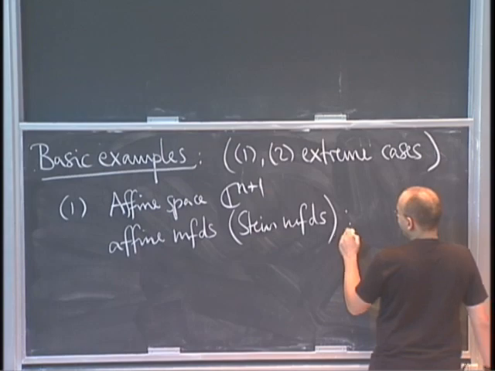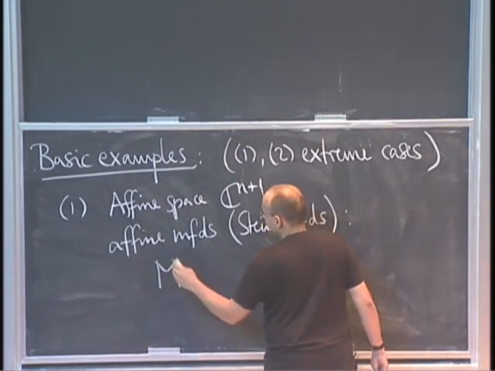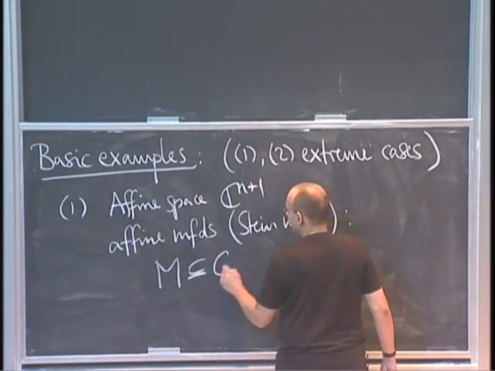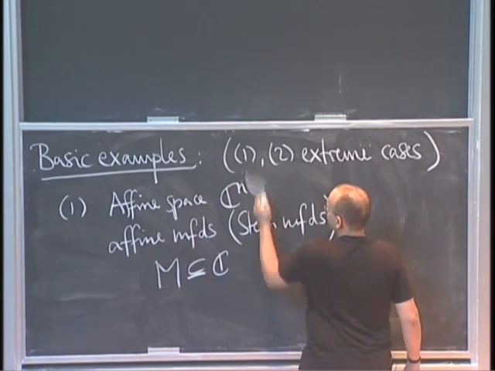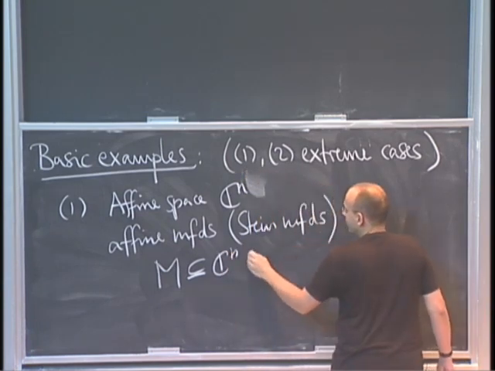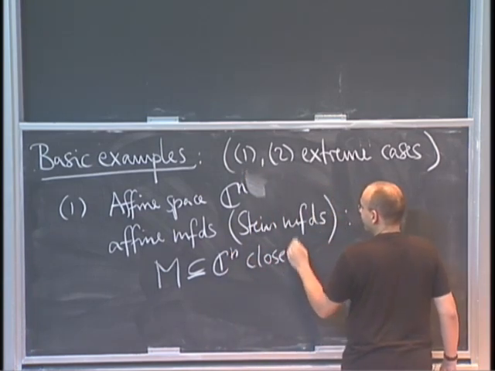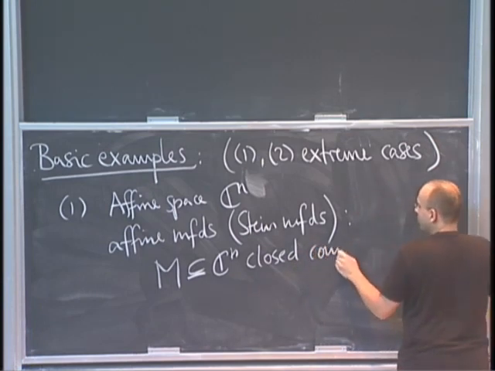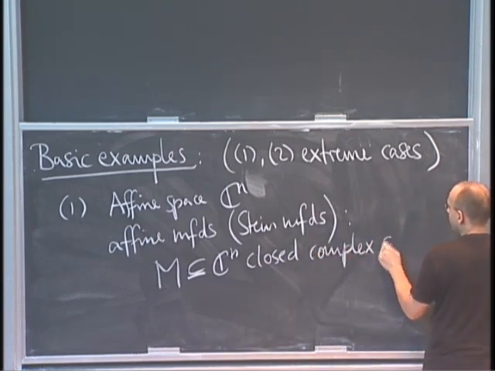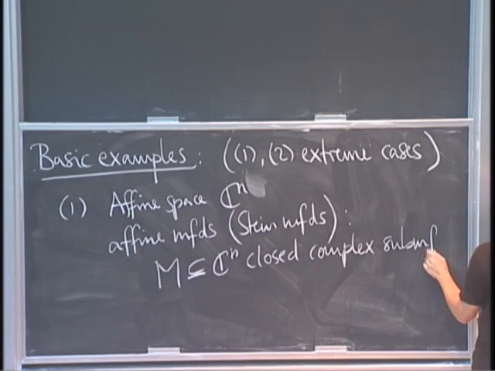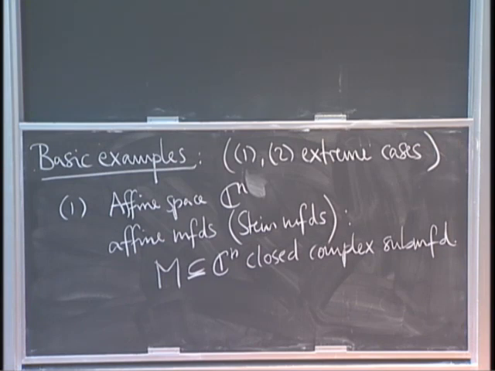So that's M^n inside C^N, a closed complex submanifold. For example, the zero locus of a polynomial, if the polynomial has no